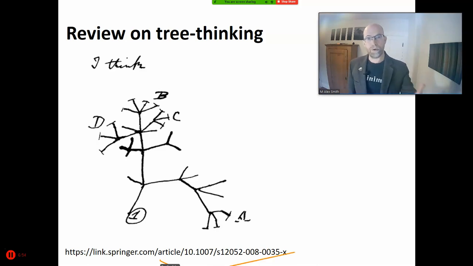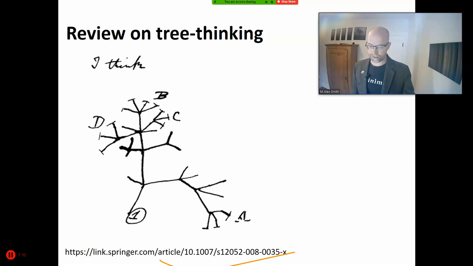This is a review on tree-based thinking that's helpful. That's the link at the bottom. And the tree itself is the only illustration in Darwin's Origin of Species, this particular jotting down as he began to express his radical hypothesis